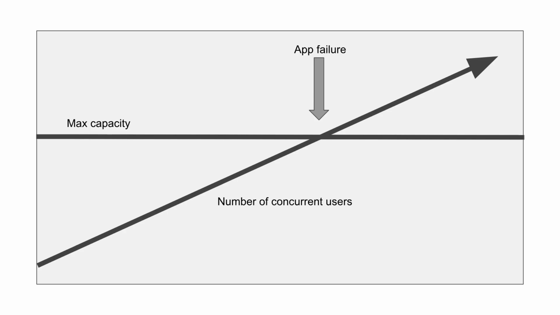So your application has a failure point. What you want is for that failure point to be much higher than your current maximum number of users. And let's say you publish a particularly popular article. You want the ability to grow very easily. You want to be able to go to a higher level of server. You want to be able to add a second server very easily, or to have caching kick in once you get to a certain popularity. So if you can grow your number of concurrent users easily, then you have a scalable system.